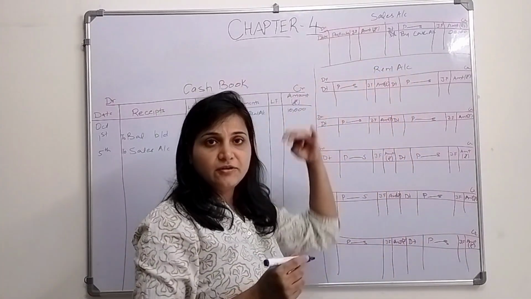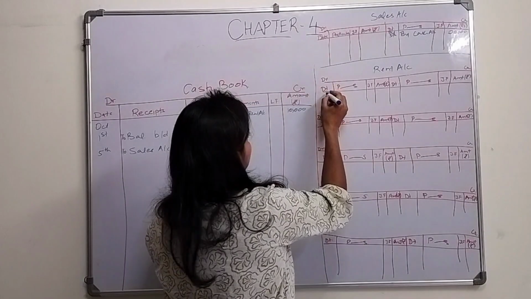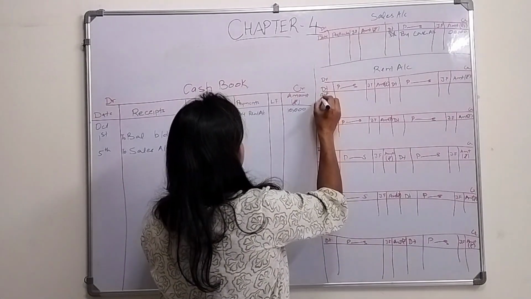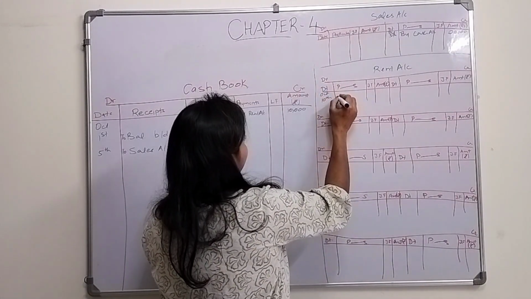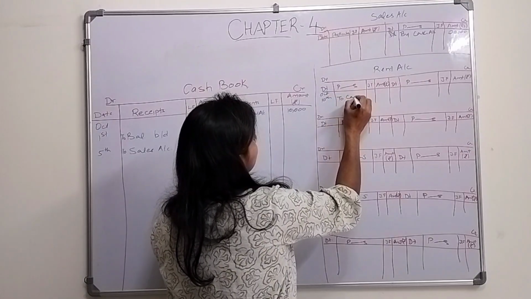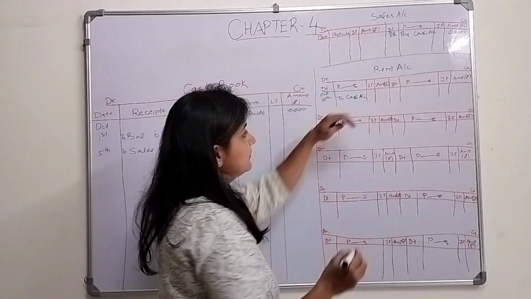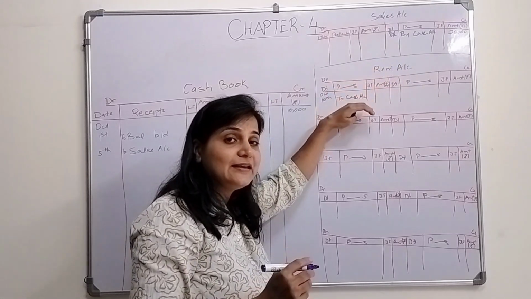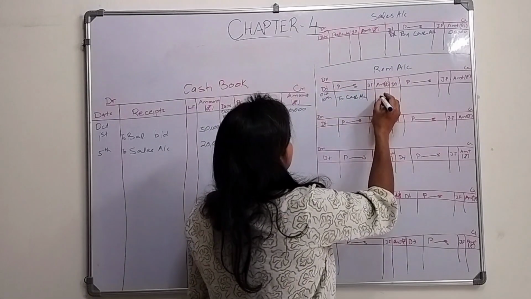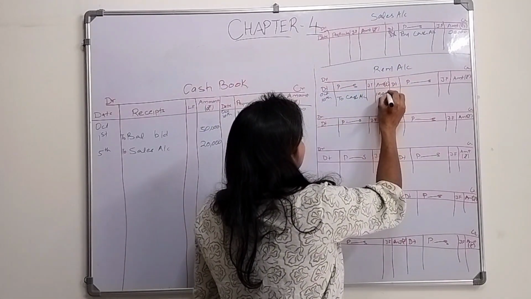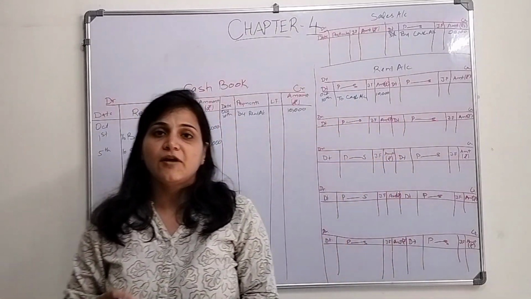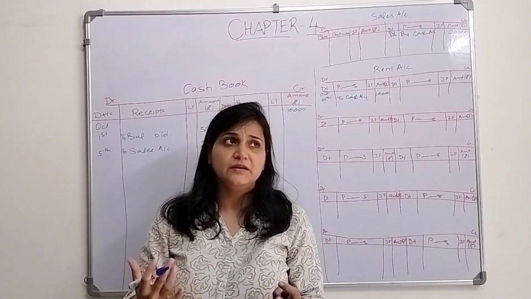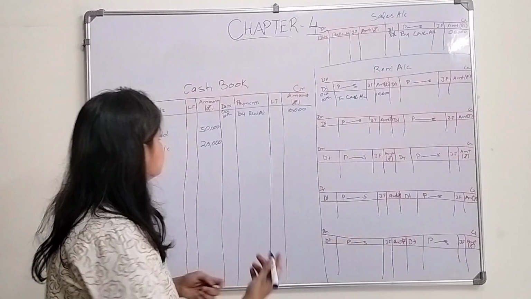Rent account is being debited October 10. I paid cash, so cash account. In that account, we have to write the details of what happened. So 10,000, right? Now I purchased furniture worth rupees 25,000 on